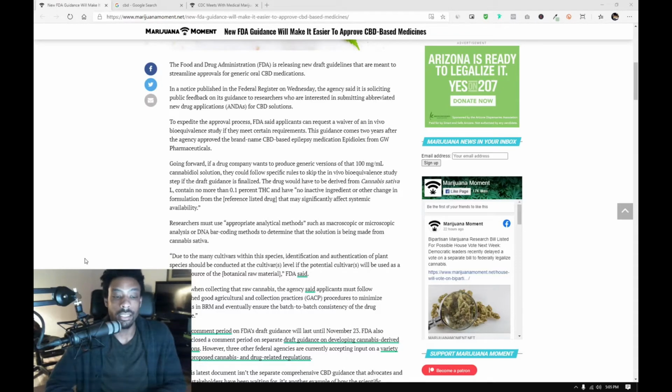Yeah, so it looks like they're cracking down hard on whoever is being approved for this. They basically need to have the right on point. They need to have less than 0.1% THC, needs to be derived from Cannabis sativa L, no other additives or changing ingredients. So if you want to get through this process, you're going to have to basically make a 1-to-1 copy. I'm not sure how we would differentiate between the different companies and whatnot, because I know some generic medications may have small changes in ingredients, but we'll see. But for now, it looks like you're going to have to have a 1-to-1 in order to compete with EPIDIOLEX as a generic